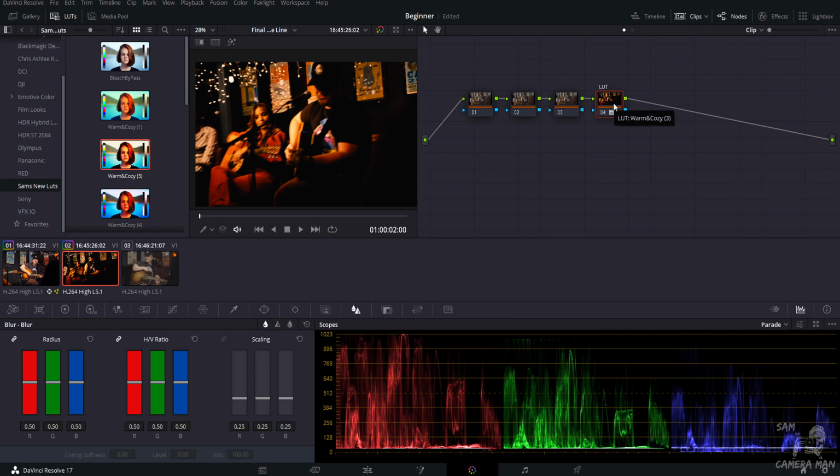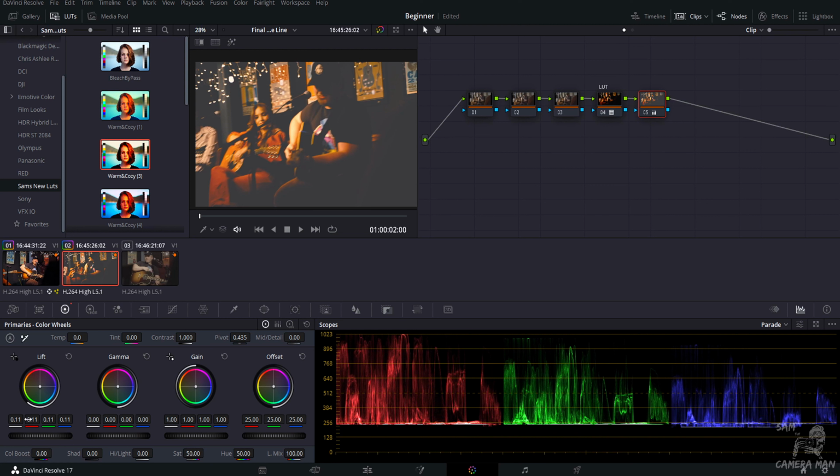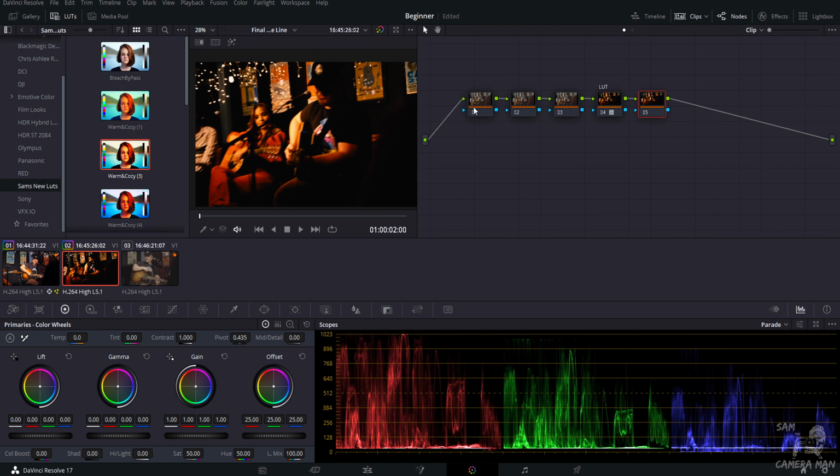And if this was our very first node and we're trying to save the dark part of this image, if we look down here, it's crushed. Look what happens. It can't save it. So if you want to reset a node, right click, reset node grade. If we come to our first one where we should be doing our exposure,